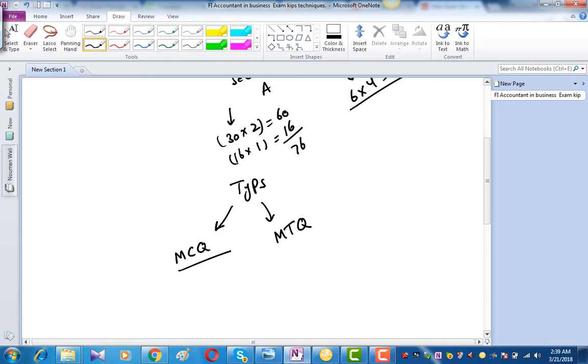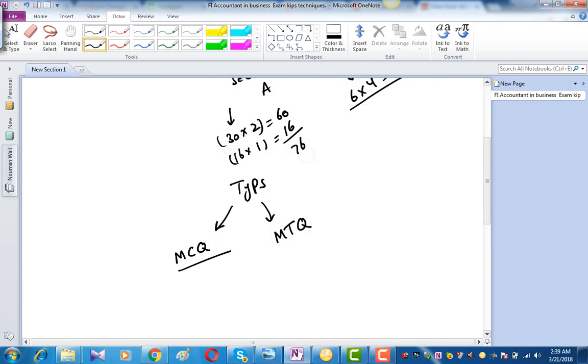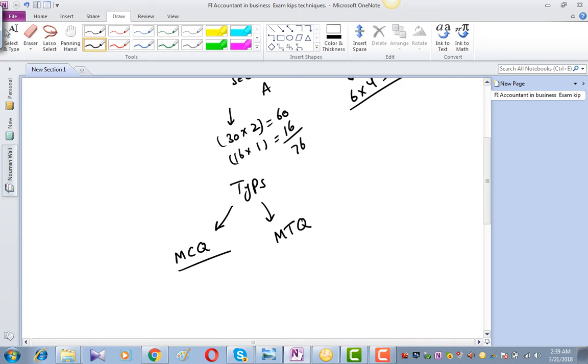We need to understand the nature and approach of the examiner for MCQs in F1. MCQs are basically multiple choice questions. More than one option is given for each question. There is a possibility that one option is correct and there is also a possibility that more than one option is correct in the question. If more than one option is correct, you have to choose all options, otherwise the examiner will give you zero marks